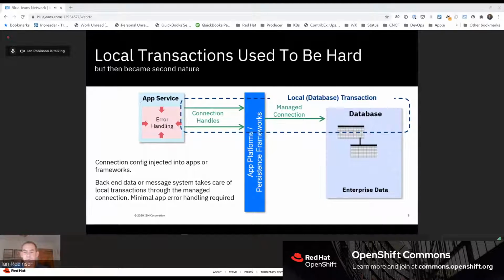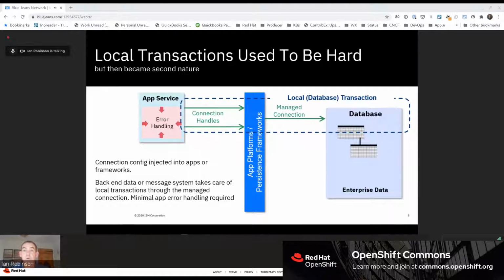But if you think about what that did for application developers at the time, it extended the notion of that database local transaction all the way into the application, and all the application was having to do was use connections to that database. So you look up through a data source or a managed connection factory, get your connection and start performing queries or back-end specific operations on that connection. And the fact that there was a local transaction going on with that back-end data system was completely encapsulated and hidden by the connection, which is the only thing the application cared about.